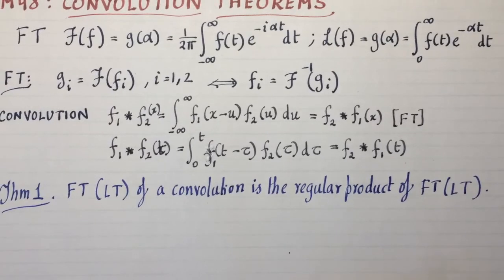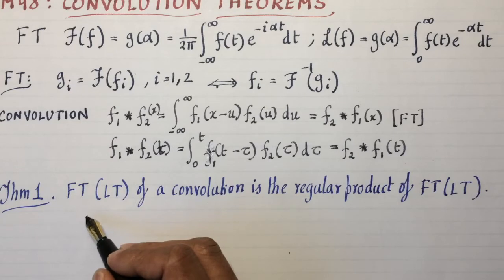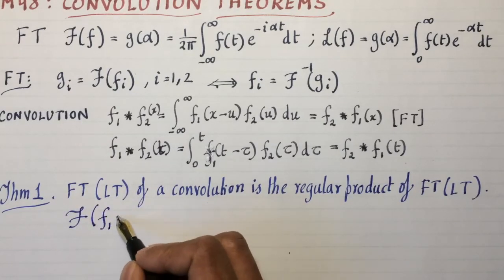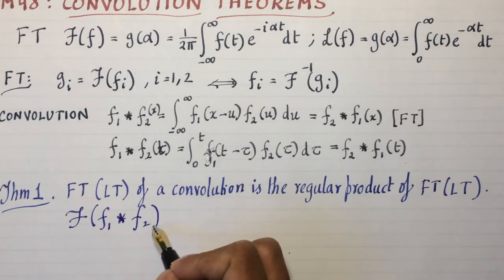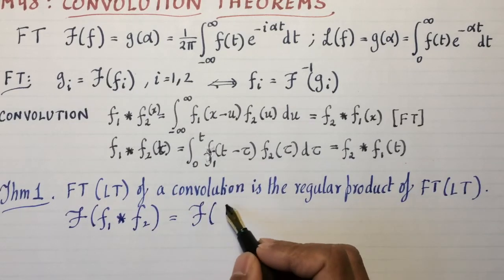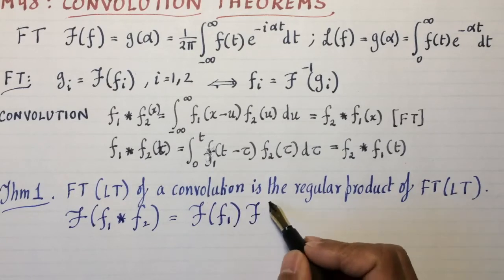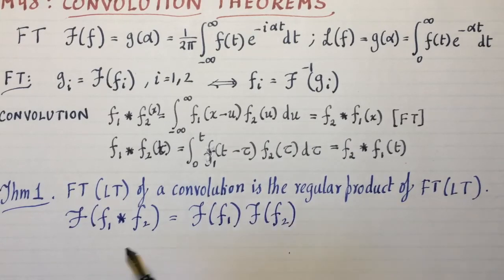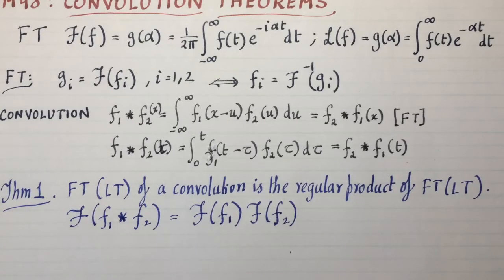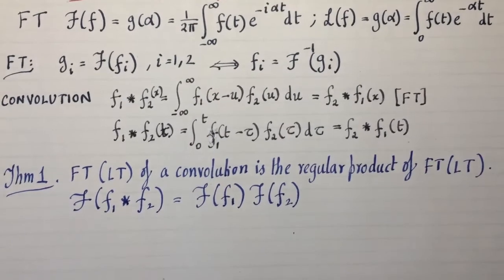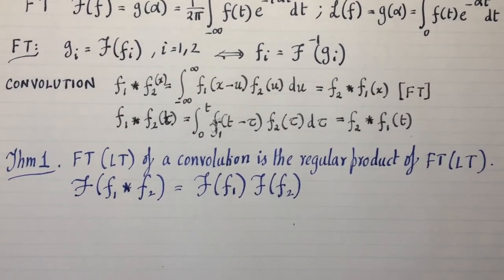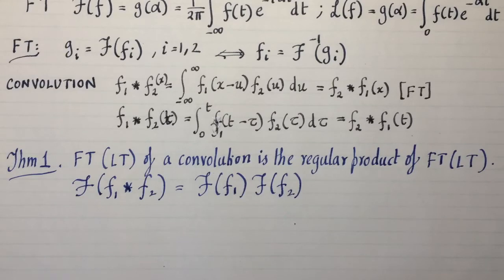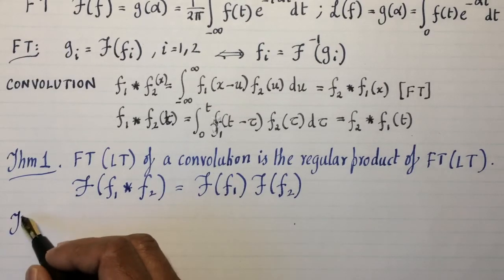So let's try to write this in symbolic form. If I have functions f1 and f2 and I symbolically write it like this, the Fourier transform of f1 convolution f2 is going to be the Fourier transform of f1 times the Fourier transform of f2. That's the beautiful result that you have, known as theorem 1. The proof of these results does not concern us, and we'll relegate them to either the notes or the book by Boas. The second theorem is the converse of this theorem,